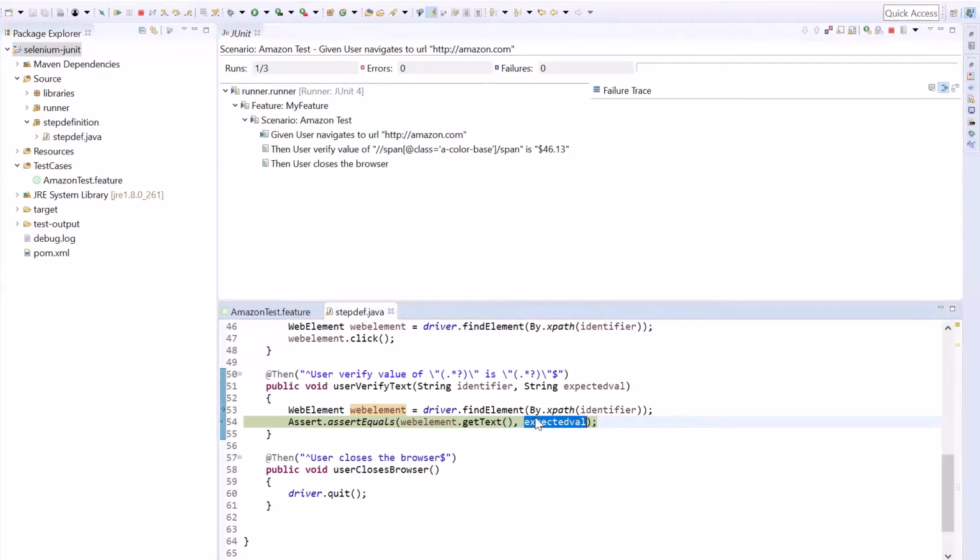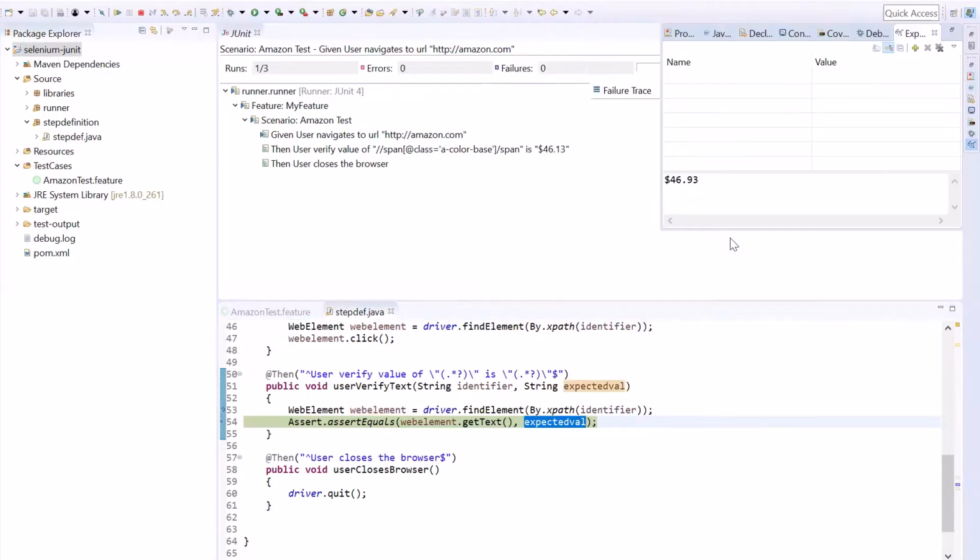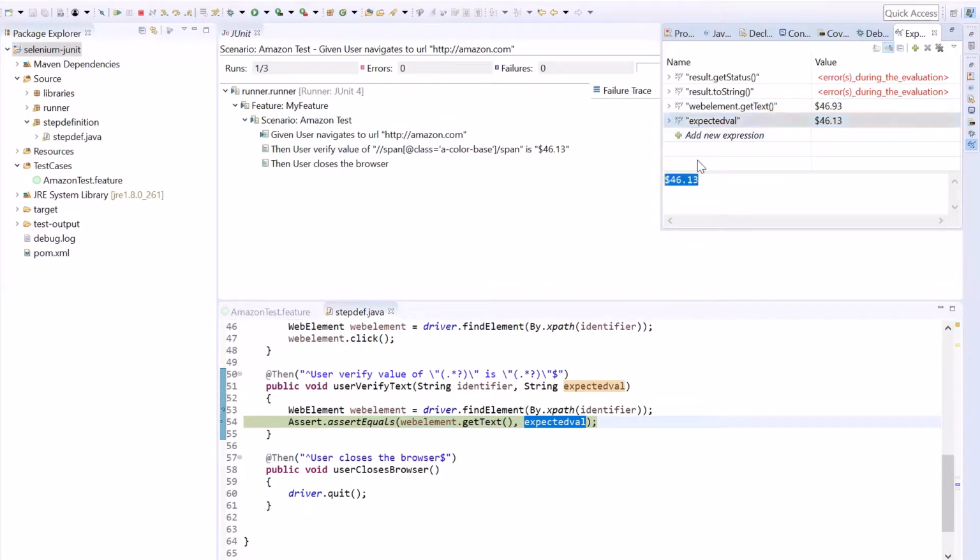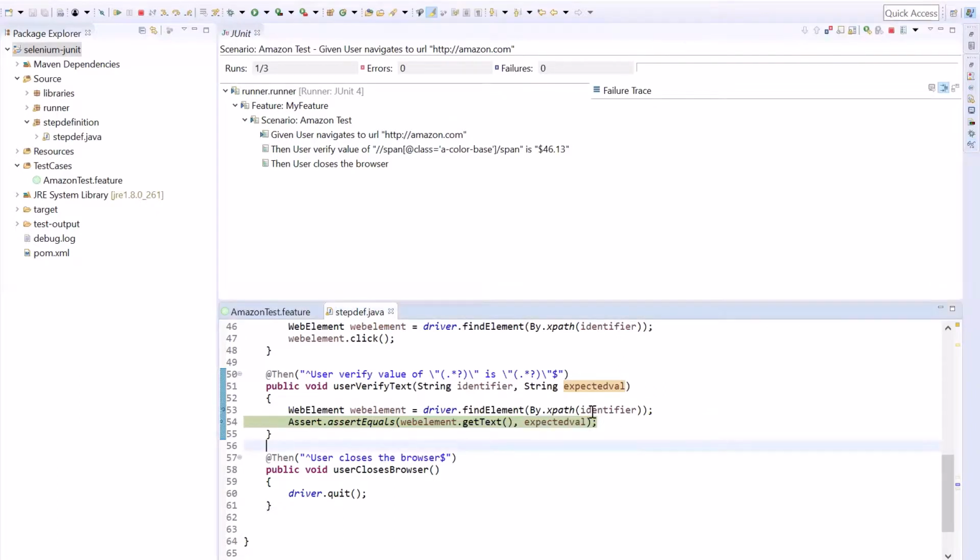And then to check the expected value, you can add the expected value variable also into the watch screen. Now you can see that both values are mismatched. That's why our script was failing. And then you can provide the fix based on the requirement. So this is how you can run your script on an existing browser to debug your issues.